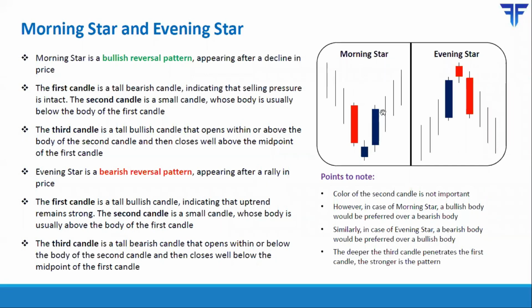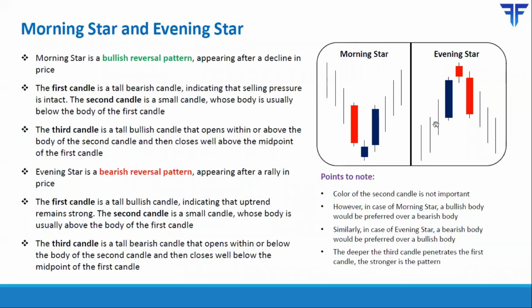sellers. Going forward, if the high of the third candle breaks, it tells you that the trend has successfully shifted from down to up and informs you that you should ideally be buying above the high of the third candle by placing a stop loss below the low of the second candle. So that is how a morning star candle is structured.